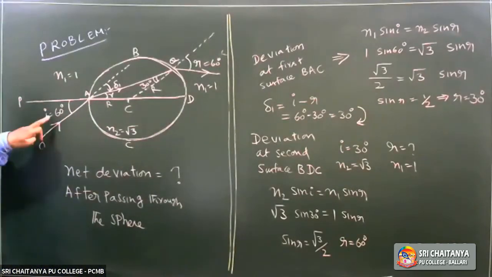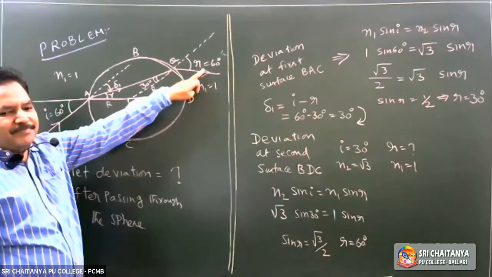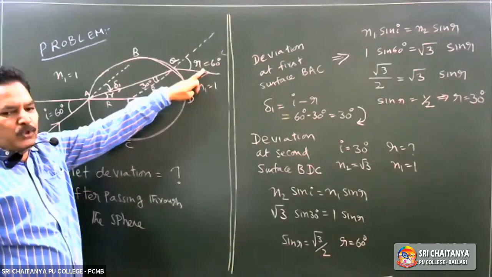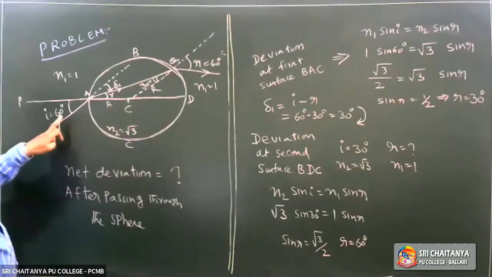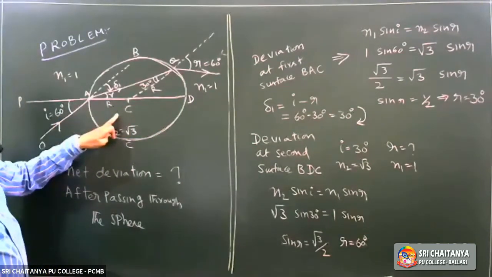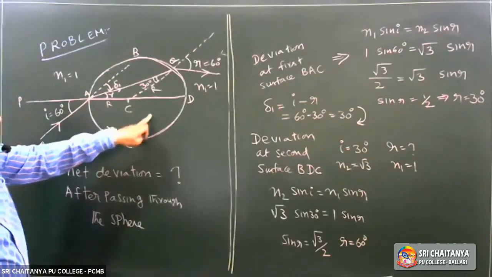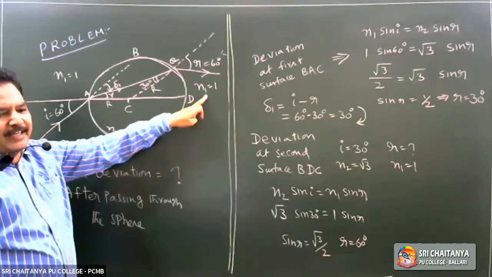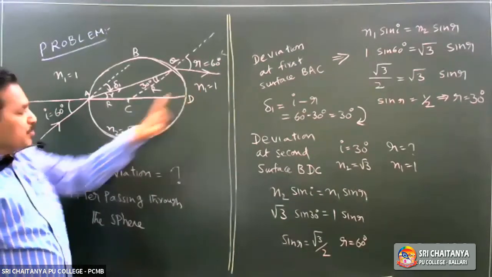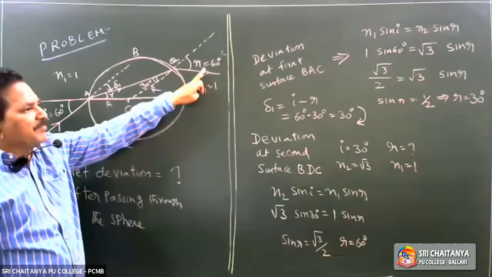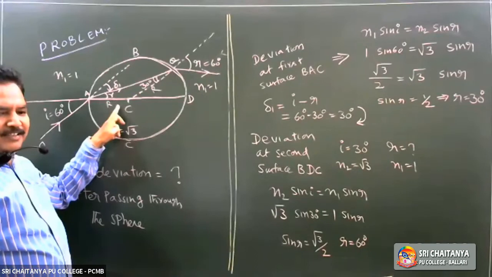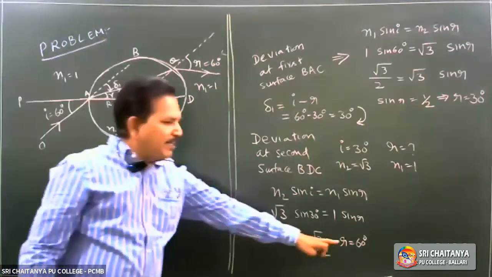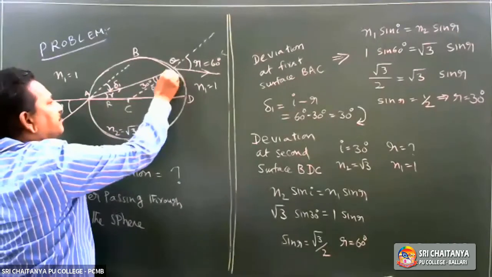Identify: here the I value is 60, same medium. Logically, this must be 60. Logically, there is no need to do the problem at all. This is also air medium. Here the light ray is traveling from air to denser medium. Here the light ray is traveling from the same denser medium to air. When it comes to air, it must make the same angle. So if this is 60, this is also 60. If this is 30, this is also 30 because of the isosceles triangle. So R value is 60.